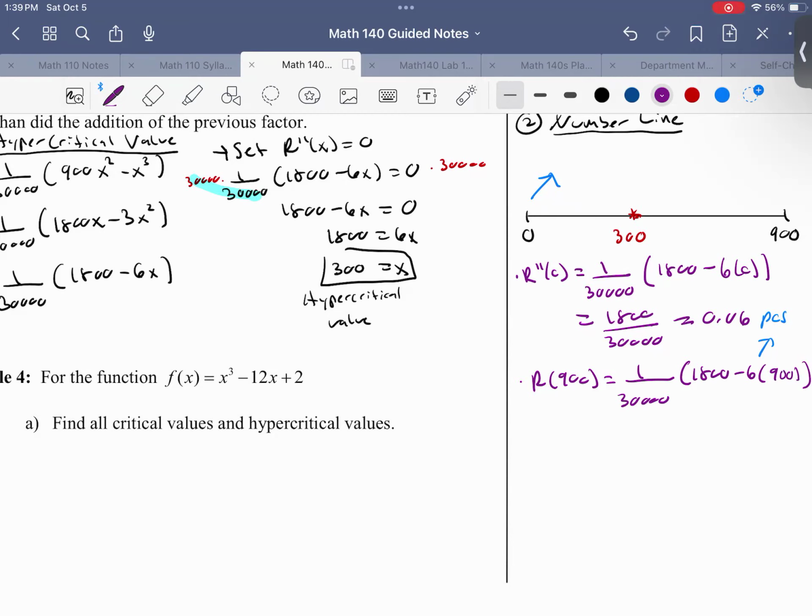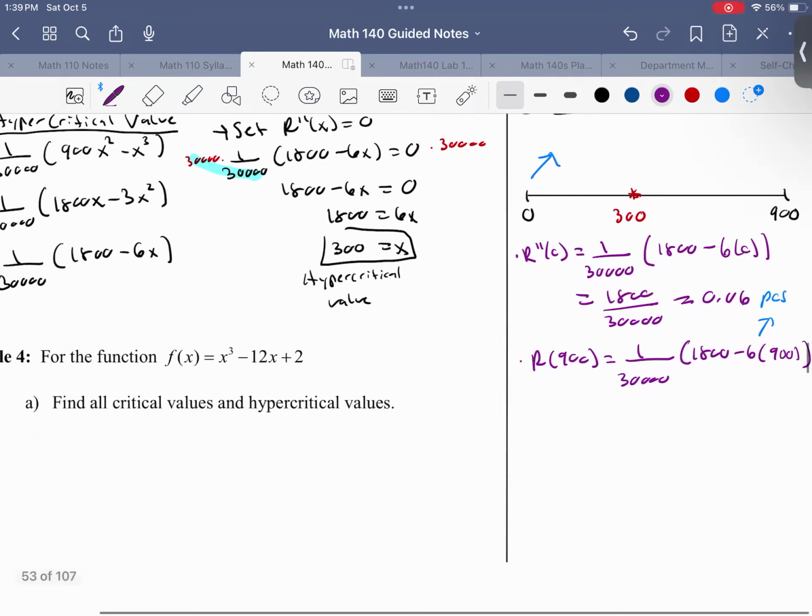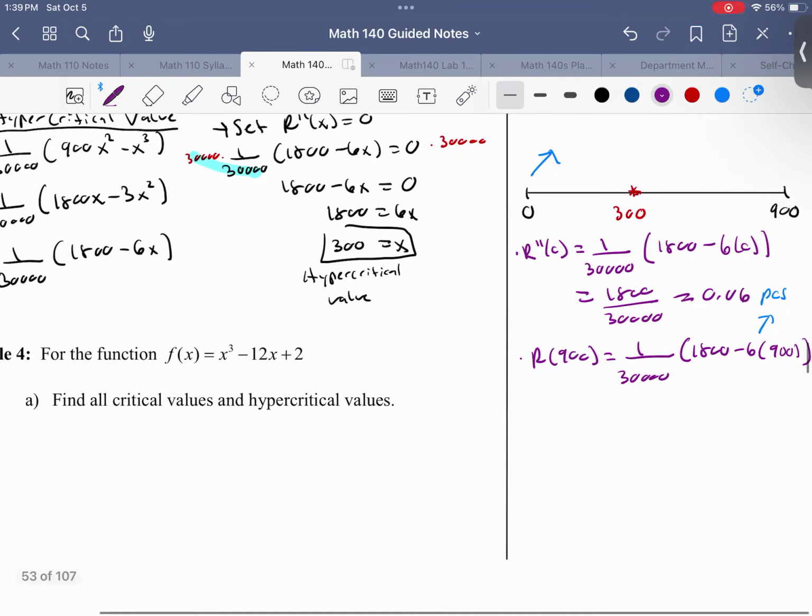All right, so if we simplify this out, we get 1800 minus 6 times 900. So this is like negative 3600 over 30,000, which is just negative